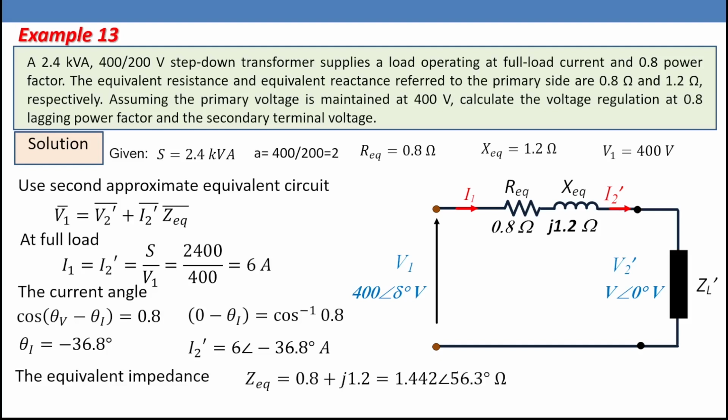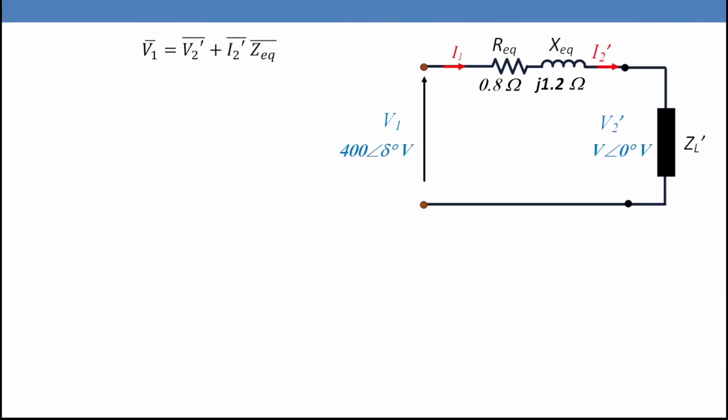The equivalent impedance is 0.8 plus j1.2, so we are going to put it in polar form. That will be 1.442 angle 56.3 degrees ohm. Now we can substitute in this equation where V1 equals V2 dash plus I2 dash Z equivalent. We know the V1 magnitude, which is 400, but we don't know the angle delta. We know for V2 dash the angle is 0, but we don't know the magnitude. So 400 angle delta equals V2 dash angle 0 plus 6 angle minus 36.8 degrees multiplied by 1.442 angle 56.3